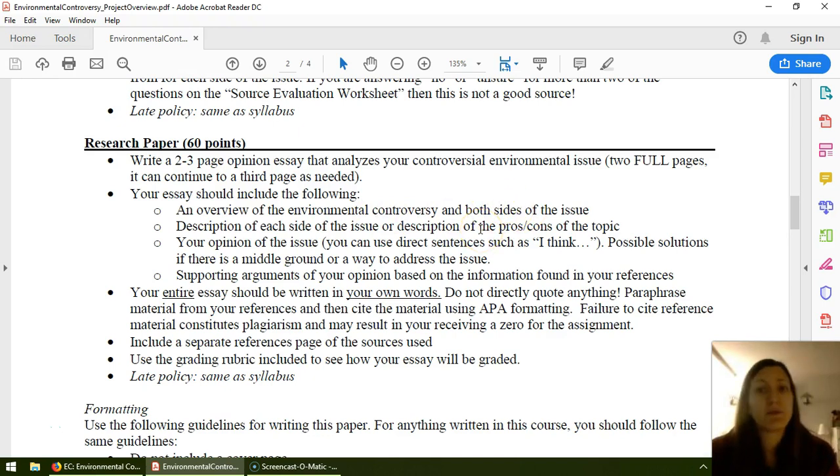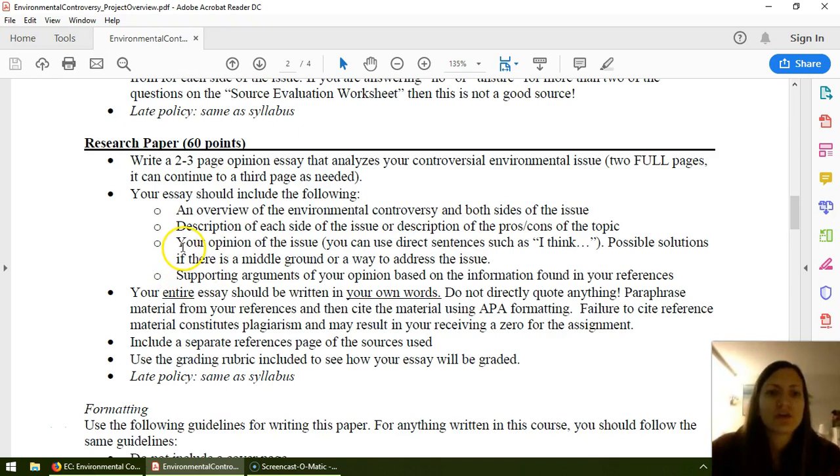Then you're going to go a little bit more in depth on each side. So here's why solar power is good, here's what it does, and here's why it's not so good. Here are some of the downsides of it. For some of your topics, make sure you're really trying to find the environmental issues. Some topics, the pros might be environmental, but the cons might have nothing to do with the environment. That is okay. But some of your topics have clear environmental positives and negatives. Remember, we're an environmental class, so we really want to focus on that when we can.